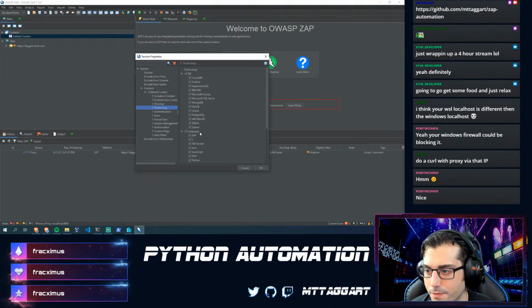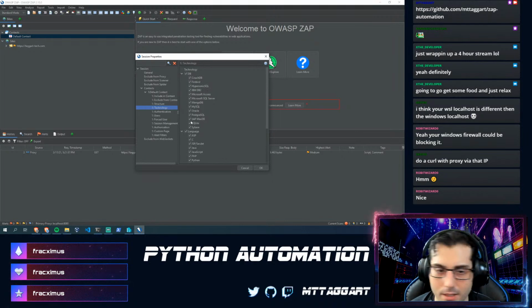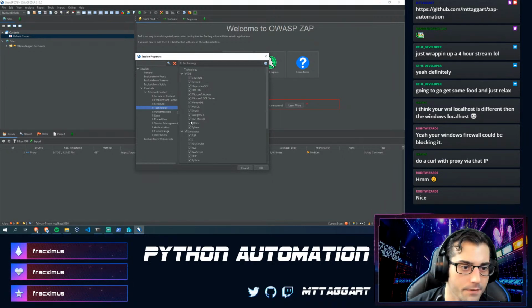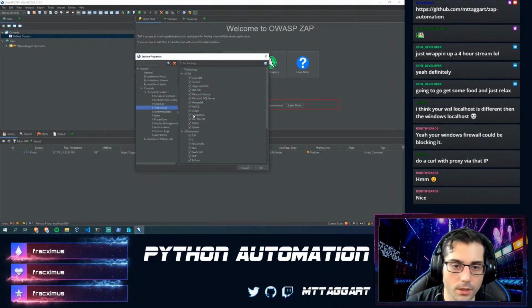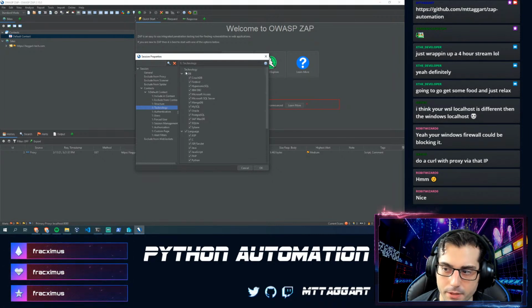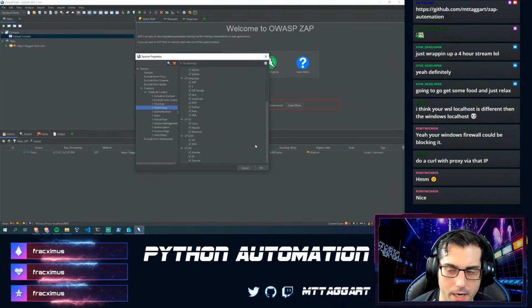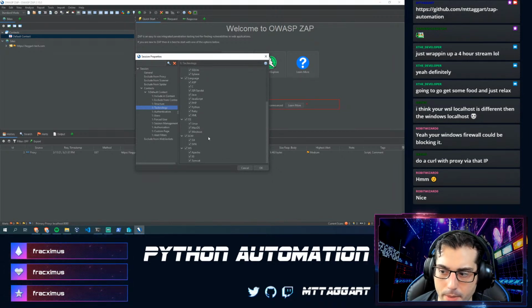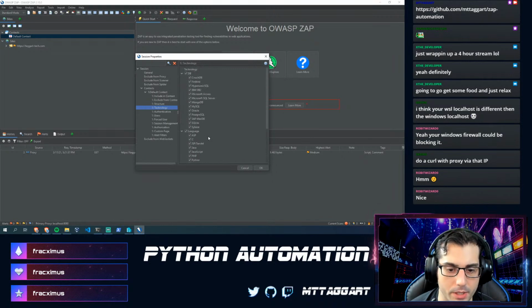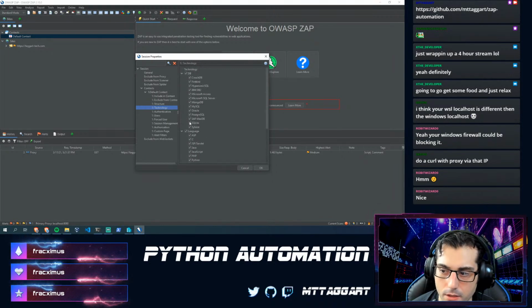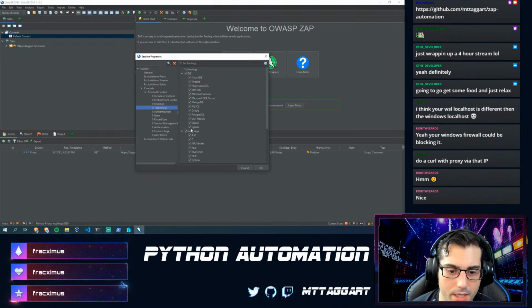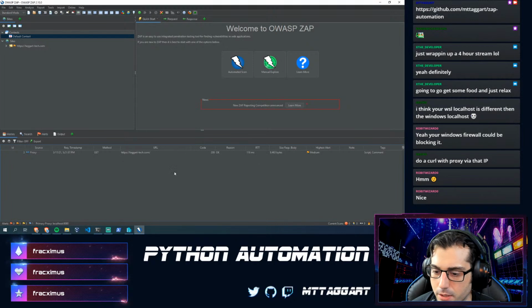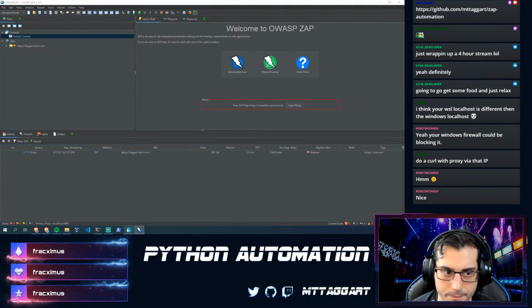I don't need to be testing for SAP, probably. Most of the stuff that I'm doing isn't going to be that. So if I know the technologies, I want to be able to configure this on the fly. Or right from the command line, just say fire this off, use these technologies, and don't worry about these others, because I know for a fact that this is what my target is. And this is going to cut down your scan time significantly. So I want to be able to do that. I want to be able to do it quickly and easily from the command line.